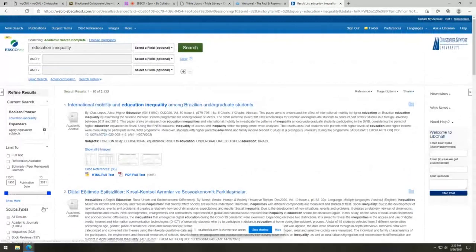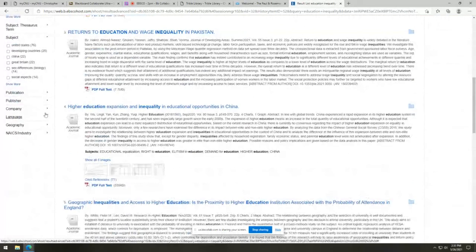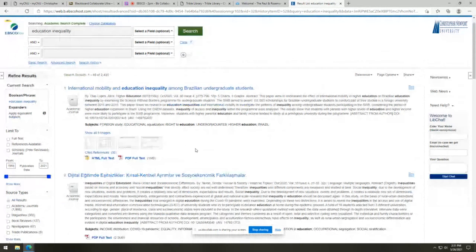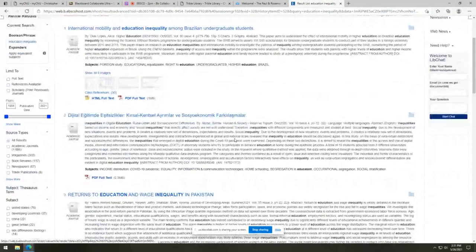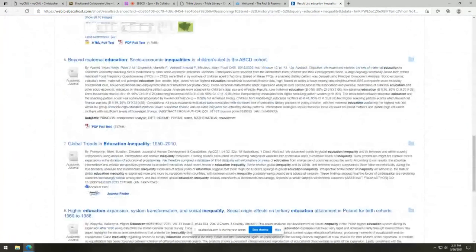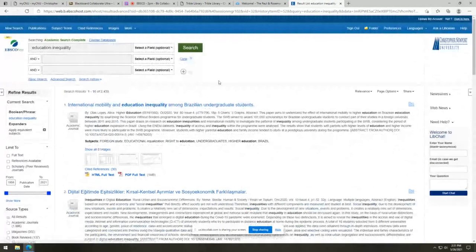Education inequality, I believe this searched everything in EBSCO. No, it searched Academic Search Complete because I happen to be in that. And this pulled up over 2,000 results. So this was better. And I love how EBSCO pops out charts and figures, because that usually implies an empirical study or a really good review of stats and data that's out there. But anyway, that's it. That's all we have time